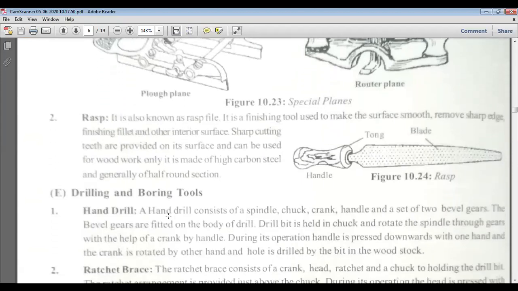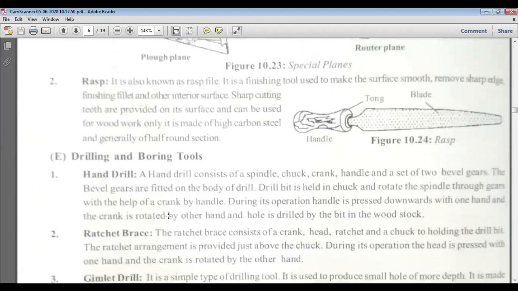Rasps are basically used to smooth the surface of holes and to remove sharp edges, etc. Rasps are the tools used to remove big material from the wood. We have different types of rasp that we are using in our workshop. So rasps are basically these tools.